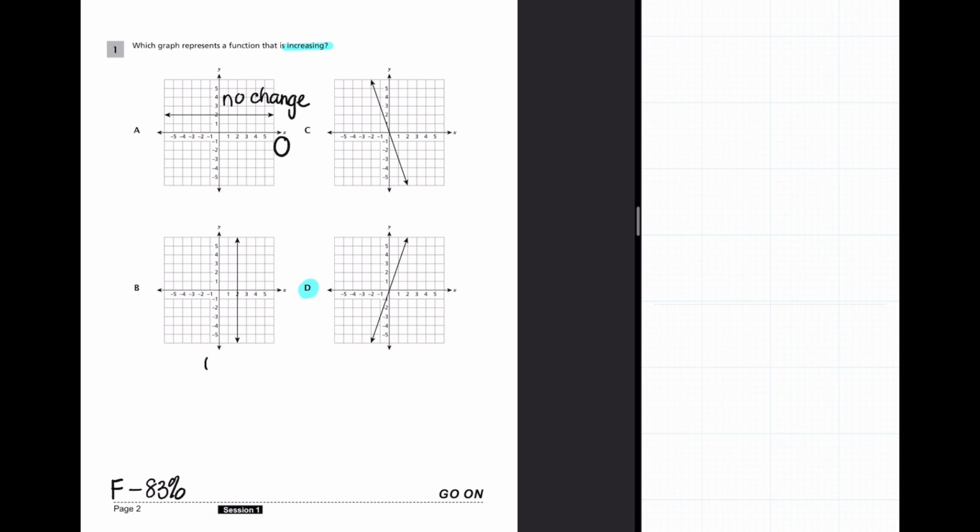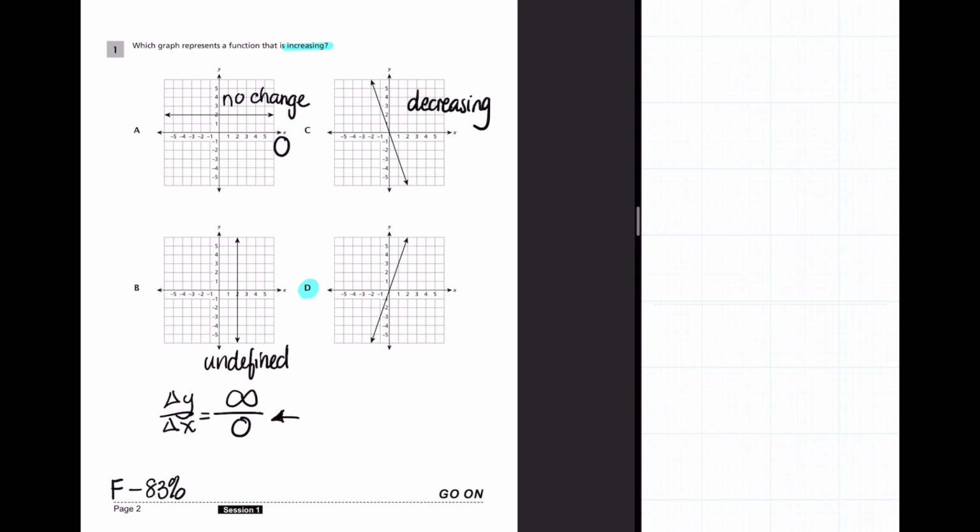In B, it is undefined. Why? Because I can see a lot of change in Y, but no change in X. So change in Y over change in X, and we can't divide a number by 0, so we call this one completely undefined. In C, it's decreasing,